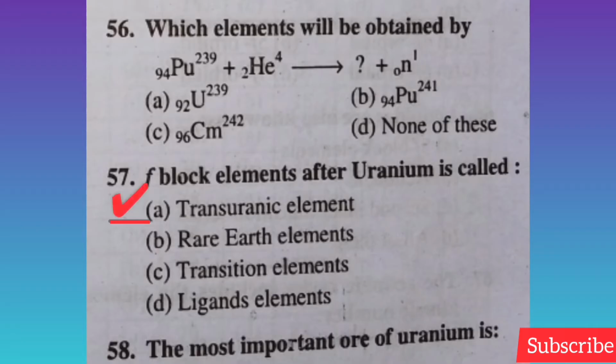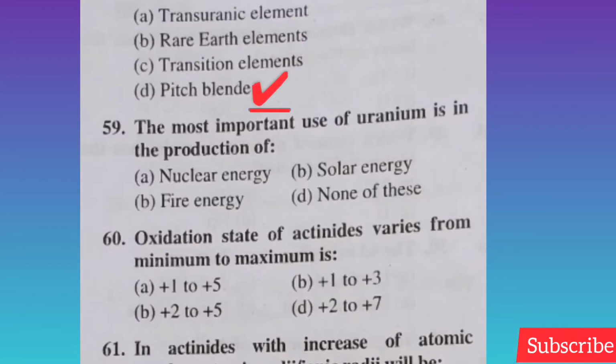Next question, F block elements after uranium are called transuranic elements. Next question, the most important ore of uranium is, in this question option D is correct, pitchblende. Next question, the most important use of uranium is in the production of nuclear energy, option A is correct. Question number 60, oxidation state of actinides varies from minimum to maximum, option D is correct, +2 to